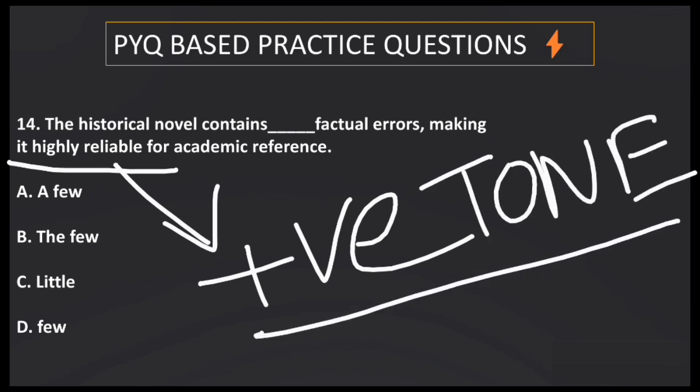That is a few. Maybe it indicates small amount, maybe a little bit, but not insufficient. It's sufficient, so we should use a few with this positive tone. The historical novel contains a few factual errors, a very small amount of factual errors, making it highly reliable for academic reference. So A is the correct option here. Next one is,